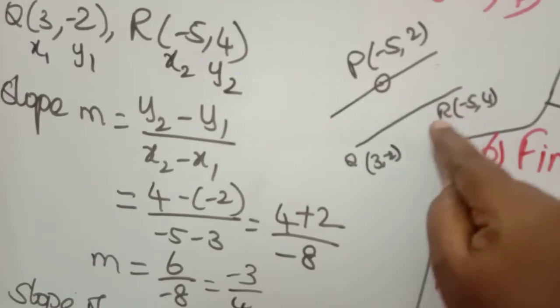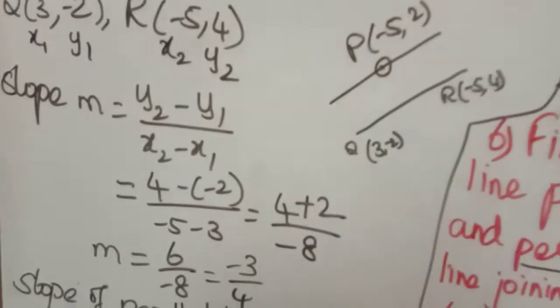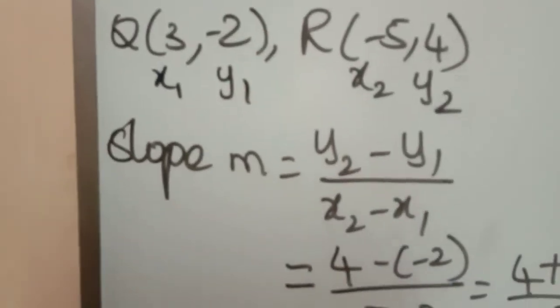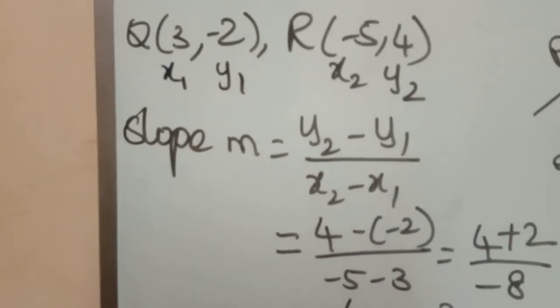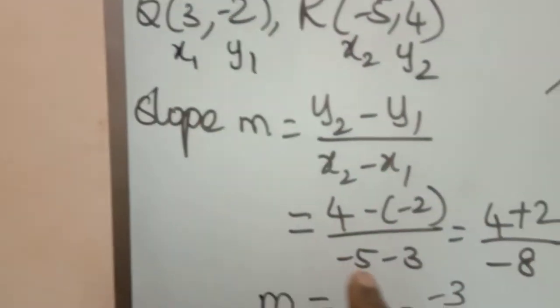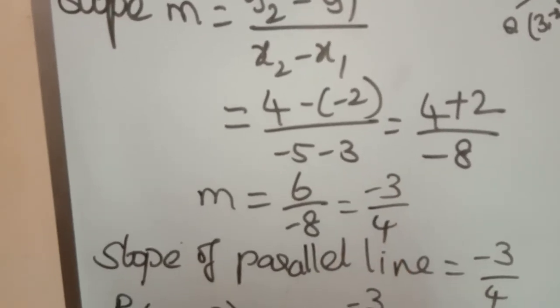So first find the slope of this line. If parallel or perpendicular is given, don't forget we have to find the slope. Write down these 2 points and find the slope. Slope formula: m is equal to tan theta, (y2 minus y1) by (x2 minus x1), or minus coefficient of x by coefficient of y. Here 2 points are given, so we use the formula (y2 minus y1) by (x2 minus x1). Using that, 5 minus of minus 1 by minus 5 minus 3. So 6 by minus 8, if you simplify, minus 3 by 4.